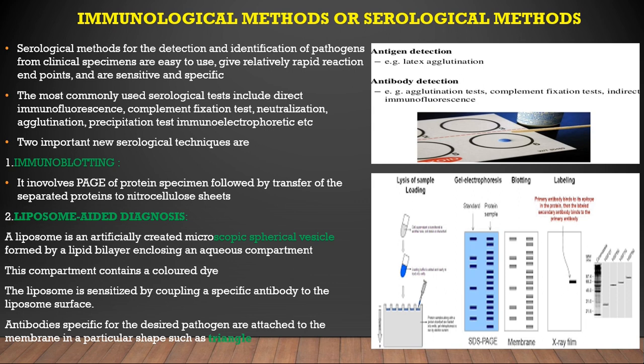If the sample is negative, for example, and contains no antigen or antibody related to it, no binding occurs in the test sera. So obviously when the liposomes are added, either a blank or some other shapes appear, but we don't get the triangle shape. That's how the liposome tests are currently available for identification of group A streptococci and even for some respiratory syncytial viruses. So this is all about the immunological methods or serological methods.